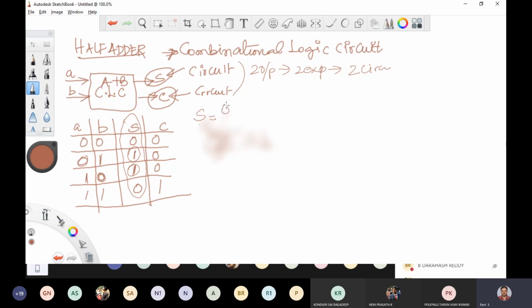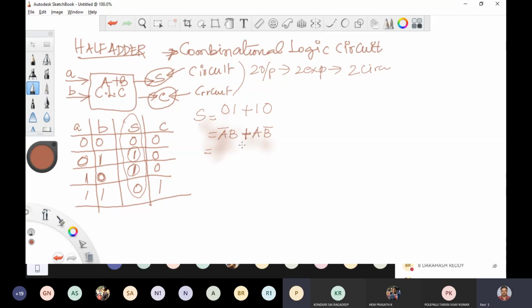So when input is 0, 1, my sum is equal to 1. When my input is 1, 0, my sum is equal to 1. So this I can represent as 0 as a complement variable, so A bar, 1 as a real variable, so B. Again, A as real here, B is complement 0. So this expression is nothing but A bar B, which is 0, 1, plus A B bar, which is 1, 0. This plus is nothing but OR. If any one case is true, the sum is true. That is what it says.